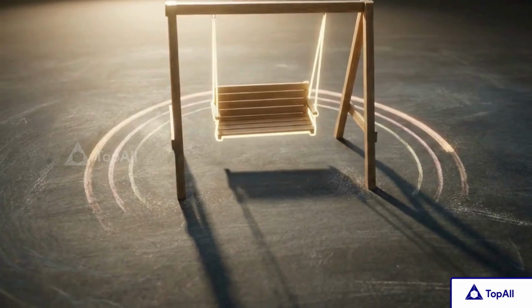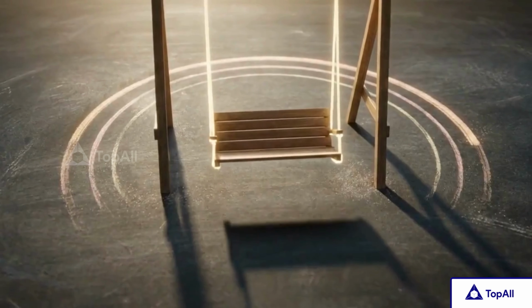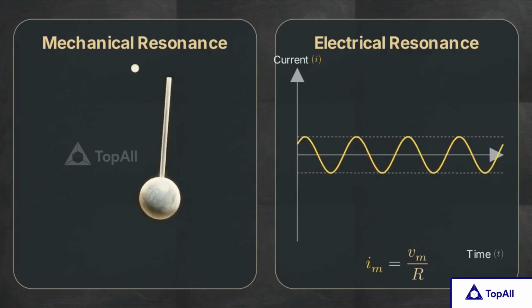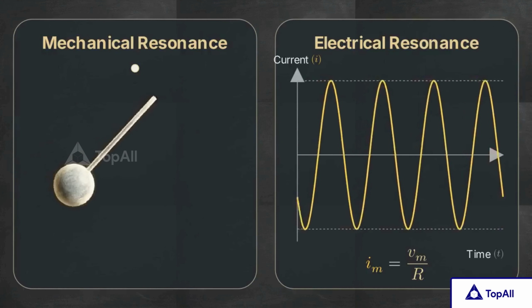Think of a child on a swing. By timing your pushes to match the swing's natural frequency, you build up a large amplitude of motion. When a circuit is driven by an energy source near its natural frequency, the current amplitude maximizes in the same way. This exact mechanism is used to tune a radio. By turning a dial to adjust the capacitor, you match the circuit's resonant frequency to a specific radio station,